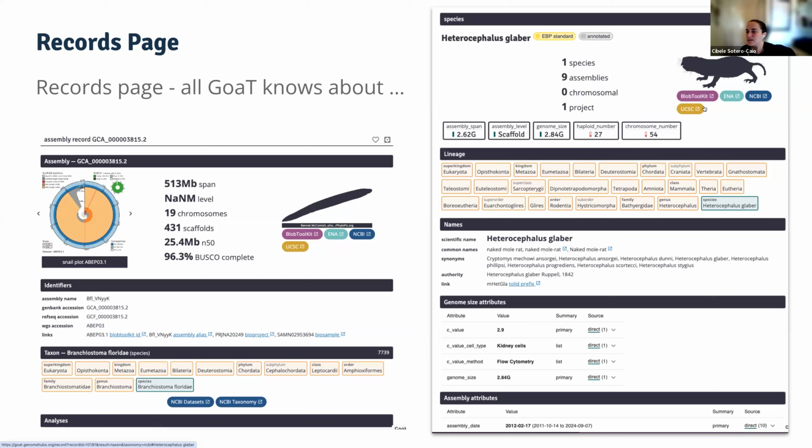This is a PhyloPic that will redirect to PhyloPic and the source of the image if you want to use it. This is all open source material that we use from GoaT. And then all of these buttons here will take you to that entry on the different databases. Because this is a taxon index, if you click on UCSC, it will take you to whatever the species has as a primary value for the UCSC genome browser. For NCBI, the same. So if it had, I don't know, 30 genome assemblies, it will take you to the one that is listed here. Do you see that there is always a primary?